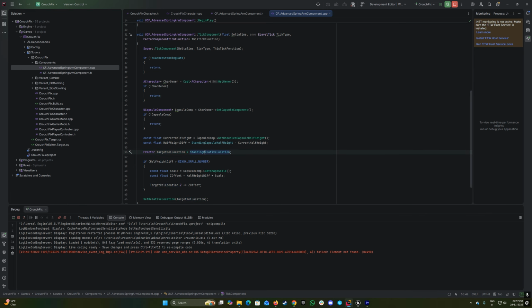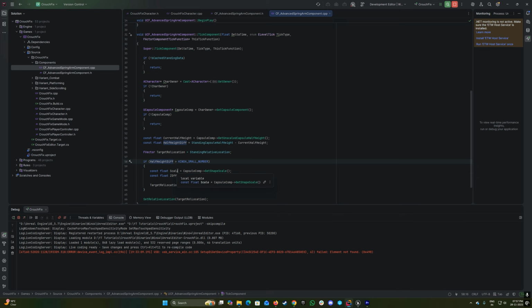Then we take the standing relative location and store it in a local variable called target relative location. Now, if our height difference is greater than 0.1f or 0.2f,